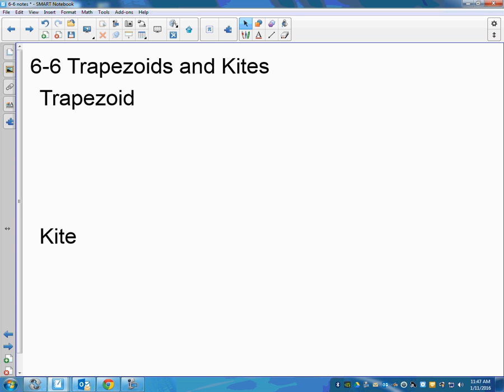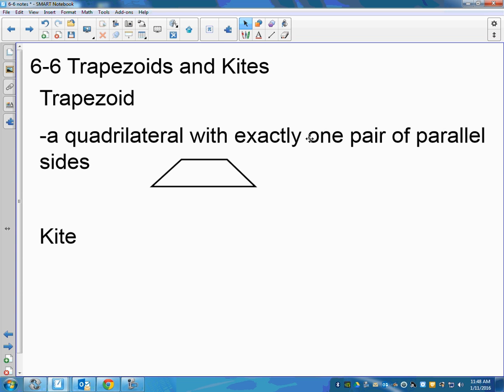How is a trapezoid different than a parallelogram? Sydney. Only one set of parallel lines. It's still a quadrilateral, but it only has one set of parallel sides. Exactly one pair. Because if it was more than one pair, it would be a parallelogram. We most of the time think of a parallelogram like this, with the bases on the top and the bottom, but